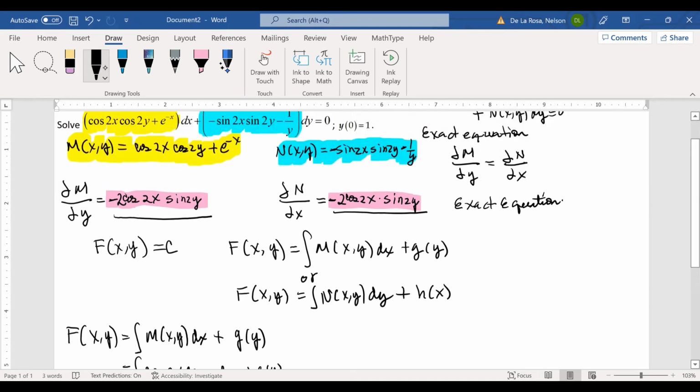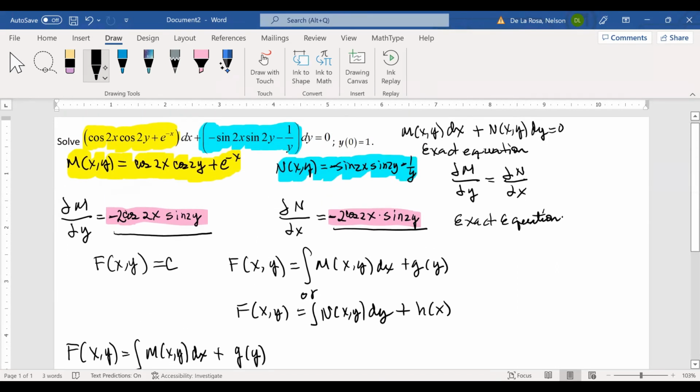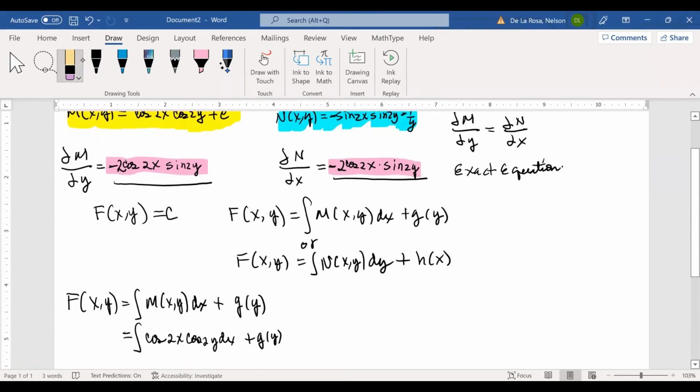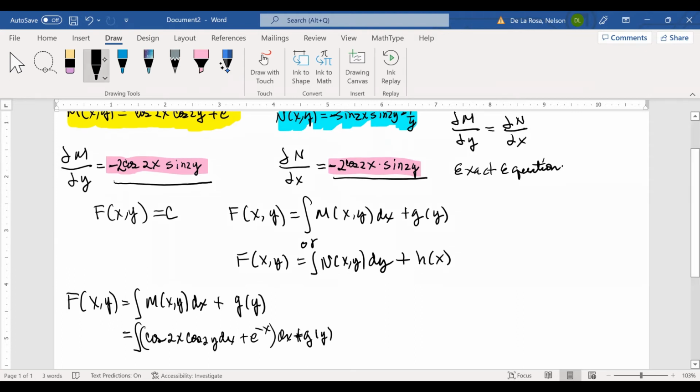And also there is one term missing, plus e to negative x. So here one term is missing, plus e to negative x dx plus some expression depending on y. So in computing this integral, we obtain that